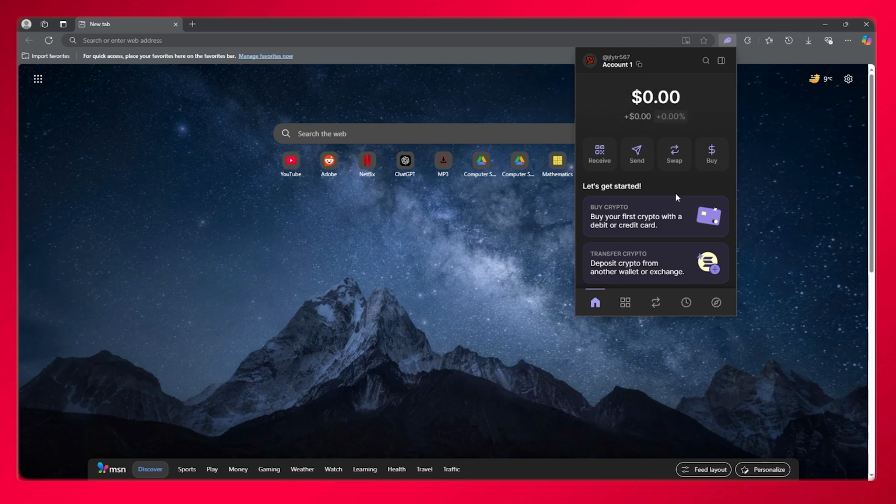withdraw it from there, because the issue is that on Phantom Wallet you cannot directly add your bank or credit card to withdraw it to. So you do have to send it to another provider to add it on from there. So that is pretty much all there is for this